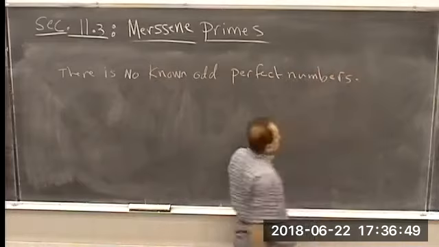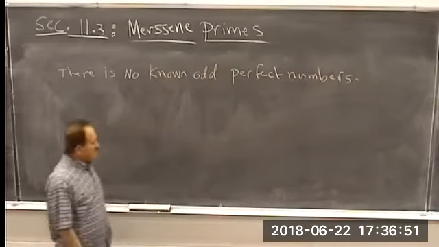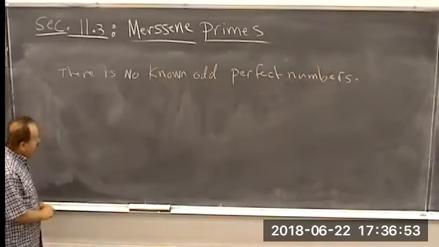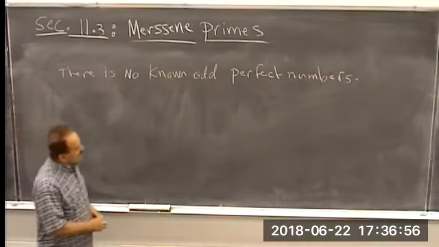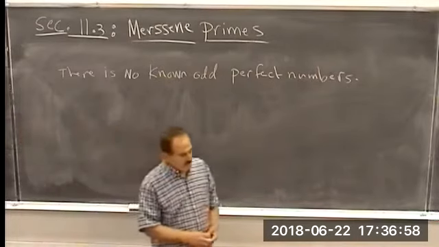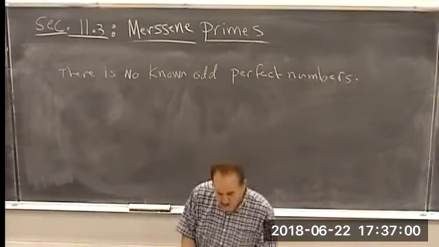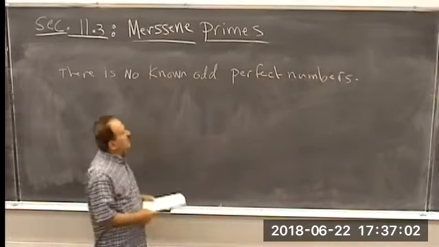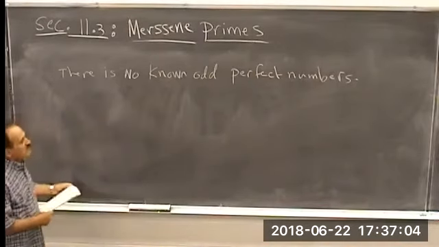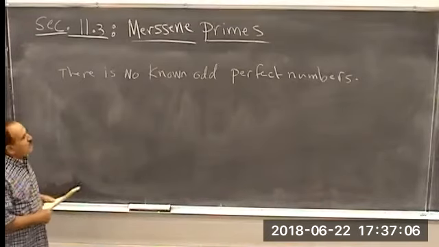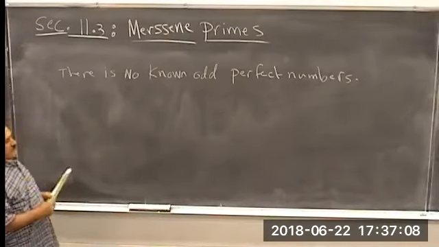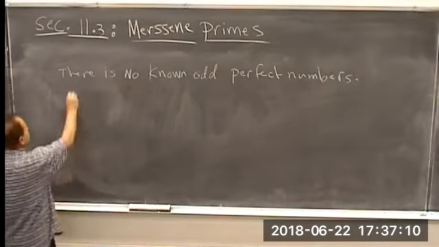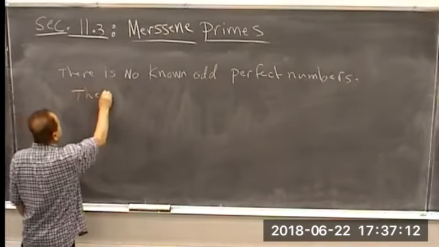So it's your chance to discover one and make a name for yourself. All right? However, we're going to prove a theorem which tells us, if someone is to search for an odd perfect number, what type of numbers they need to consider. And this is the last theorem,